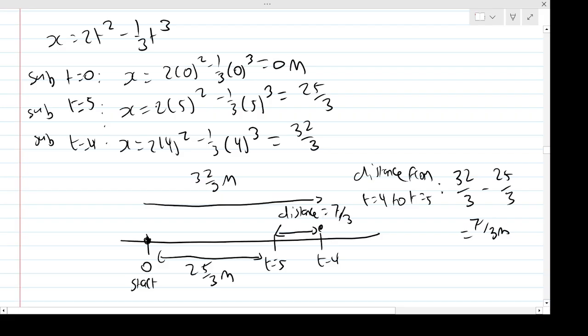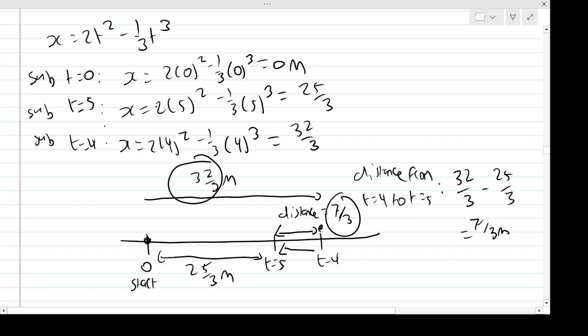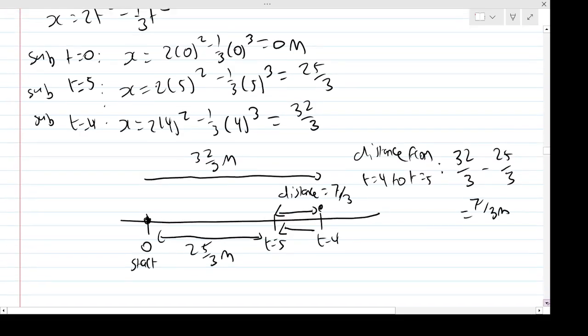So the distance they travelled from 0 to 5 seconds. Well, again, we start here. Once again, we start from O, then we move forwards by 32 over 3 meters up to t is 4. Then from t is 4, we move backwards a distance of 7 over 3 meters up to t is 5. So overall, we travelled 32 over 3 meters, then a further 7 over 3 meters backwards. Again, drawing a diagram will really help visualize this, because displacement can be quite tricky to visualize,